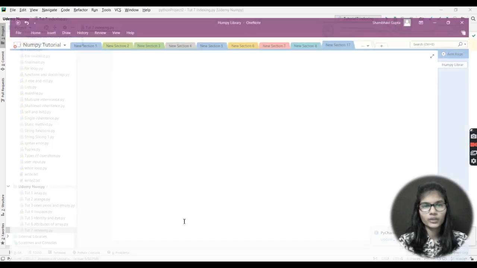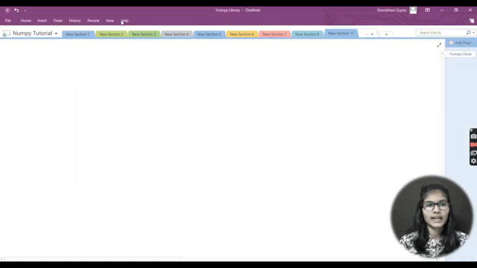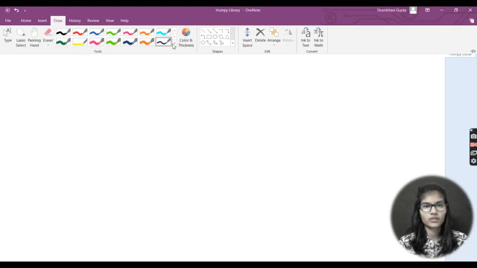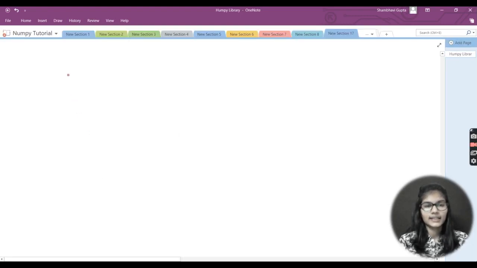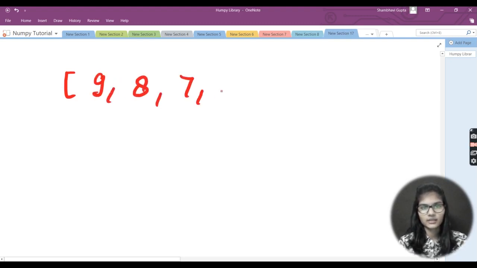So for that I'll be moving on to OneNote for now, and I'll be using the draw option and writing here, taking a color, right? Let's say I just simply defined an array. Okay, let's not take 1, 2, 3 because it's very common. Let me take it as 9, 8, 7, 6 and 5. Let's say this is the array which I have taken here. Okay. Now,